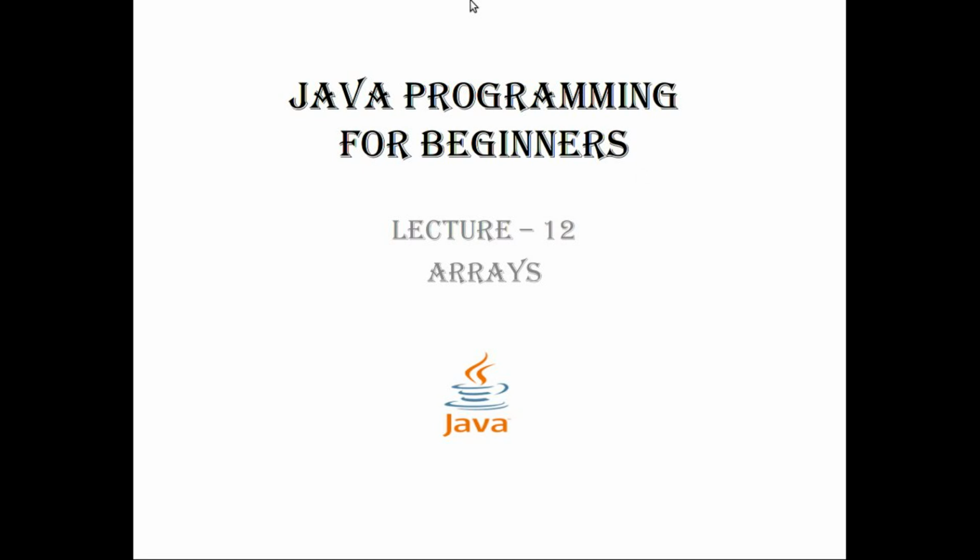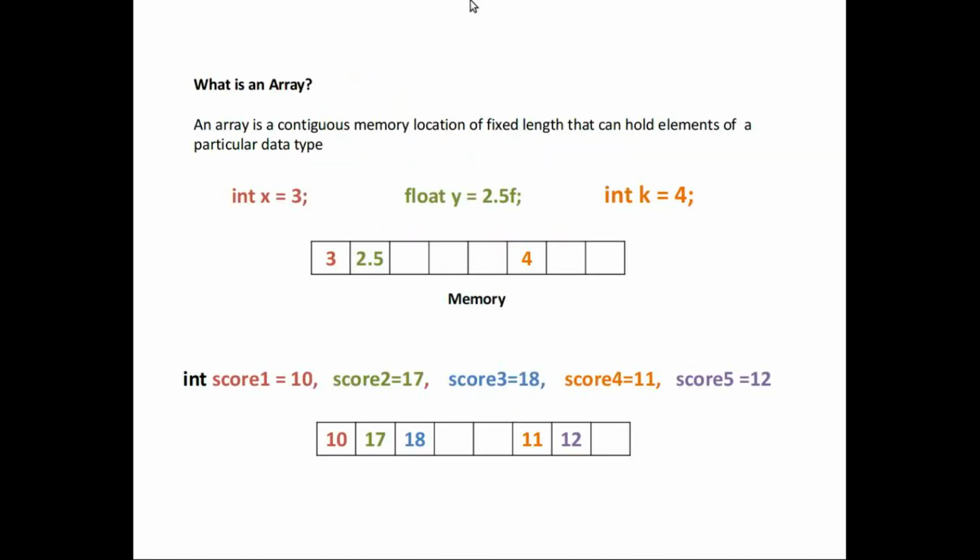So to get started, let's begin by defining what an array is. I have a definition on the screen here. It says an array is a contiguous memory location of fixed length that can hold elements of a particular data type. Now, looking at that definition, there are a few keywords we should